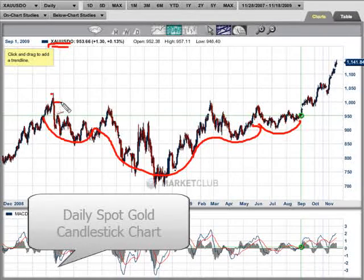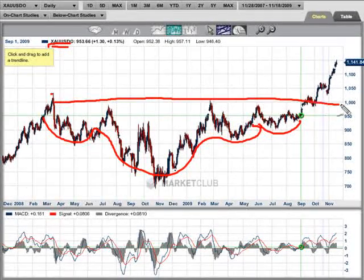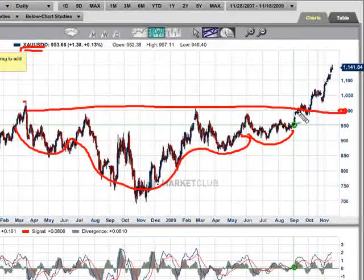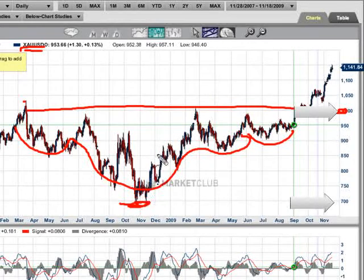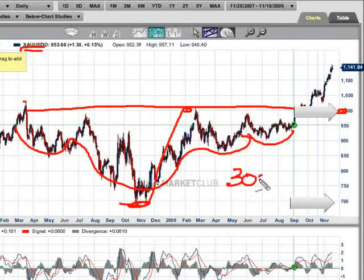The move over the $1,000 an ounce level was psychologically a huge move. We talked about this. People thought, oh, it's going to come back. Well, we're in a roaring bull market. If we go from this level, $700 to $1,000, we simply subtract this number from this number. That gives us $300